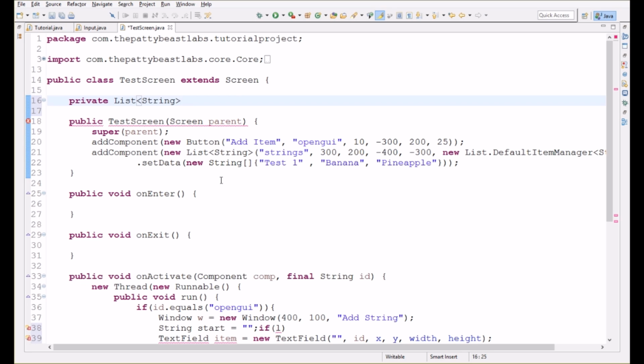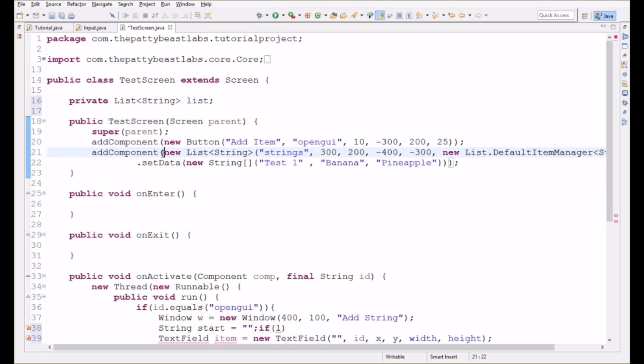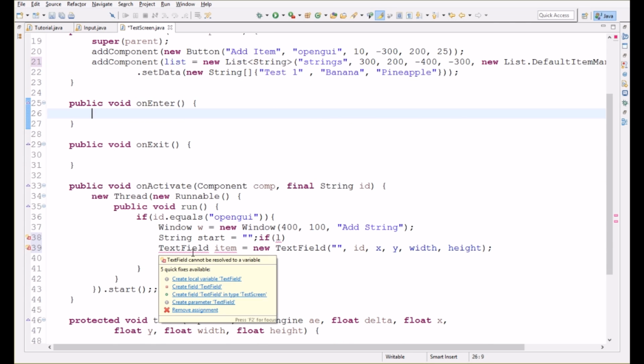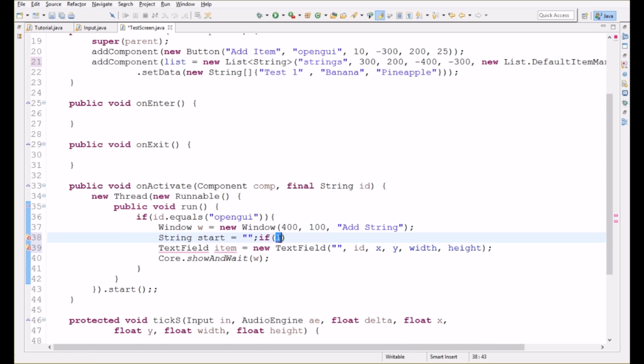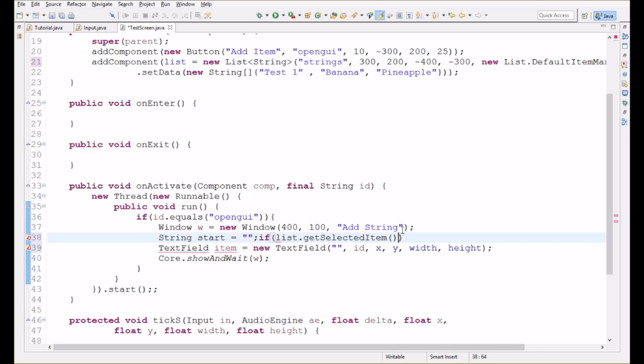Probably going to add a thing to skip this part or something, because I'm sure you guys get the message. If anyone actually watches this, which we will see. So if list dot get selected item is not equal null,